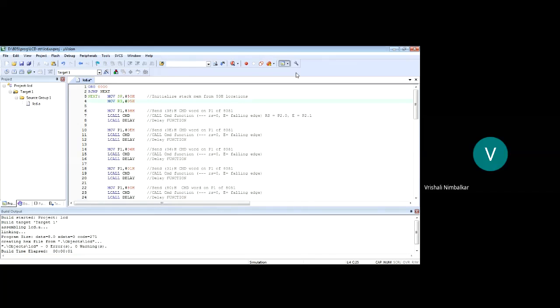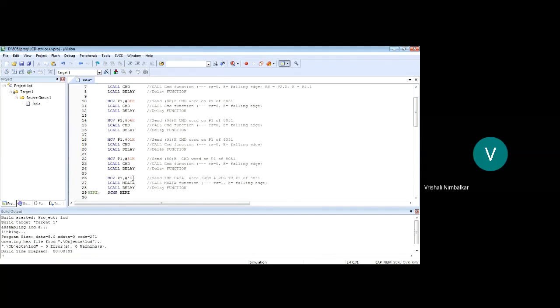So why am I taking this counter? To keep track of the 5 characters sent on the LCD. Okay, why? Because I'm displaying hello. Hello is made up of 5 characters. So I have taken a counter of 5, and I'll keep this in a loop 5 times.